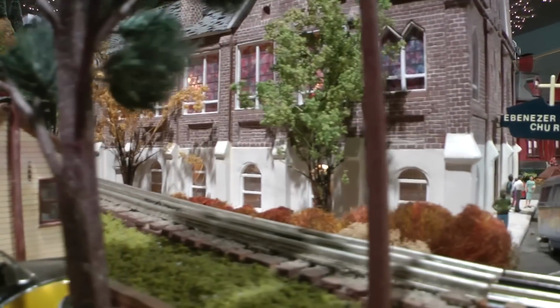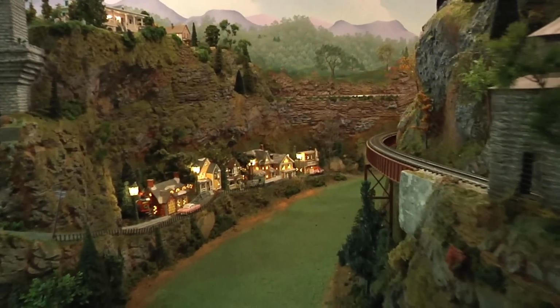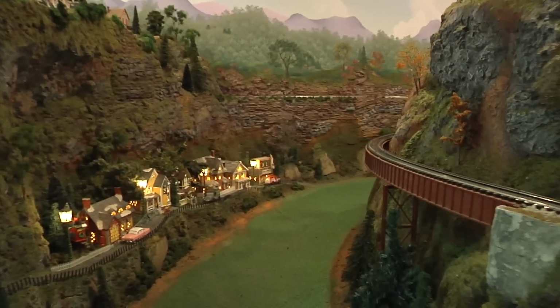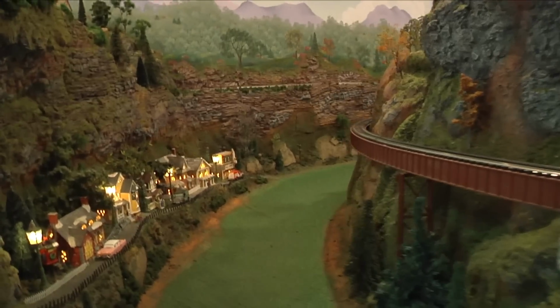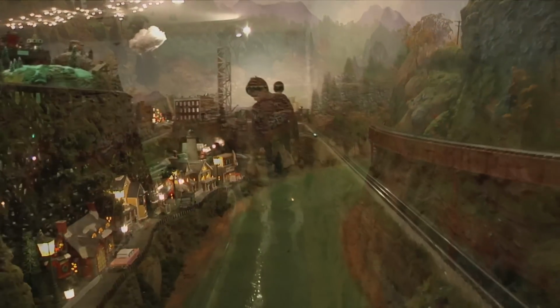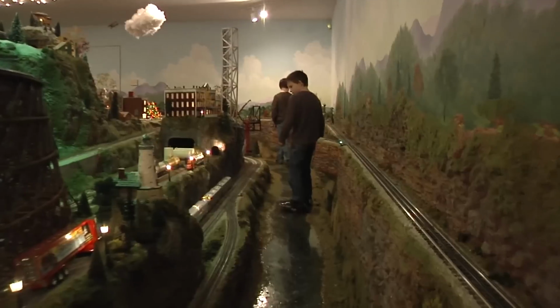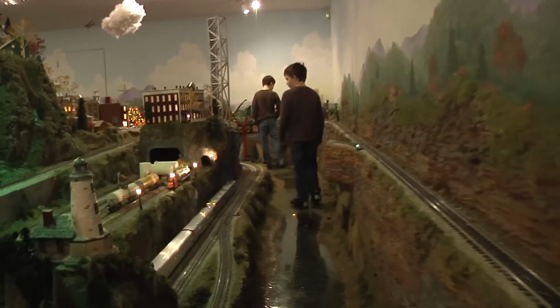Even though thousands of people walk around this layout, there are no "do not touch" signs, no sheets of plexiglass protecting things, nothing at all between the visitor and the railroad. And much of the railroad is well within the reach of little fingers. Yet nothing gets damaged. One of the teachers told me